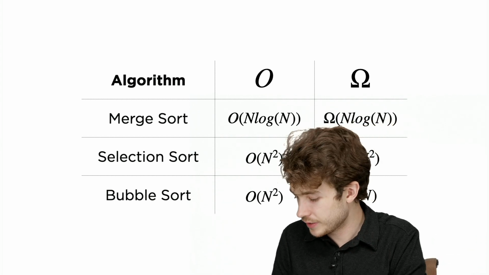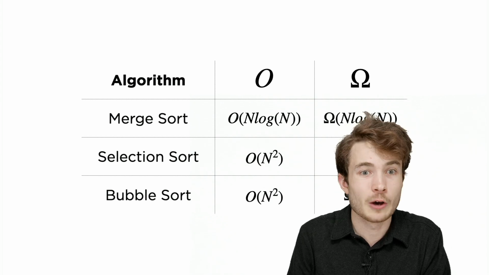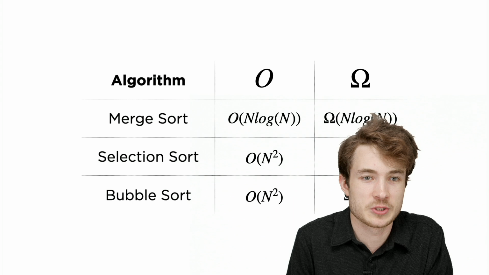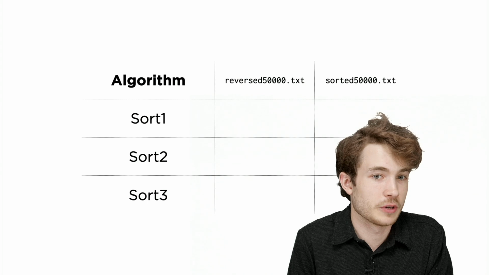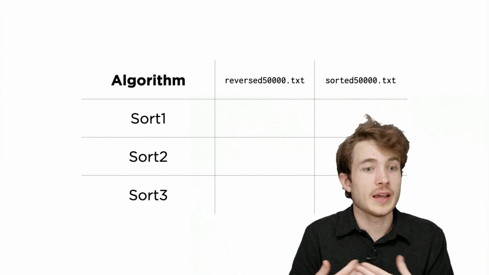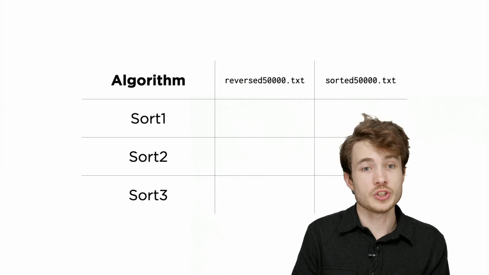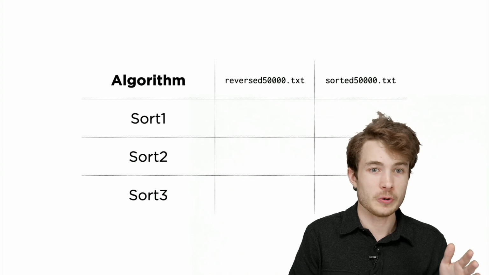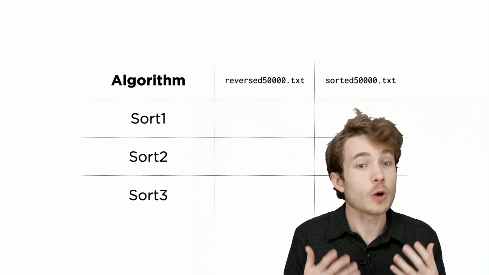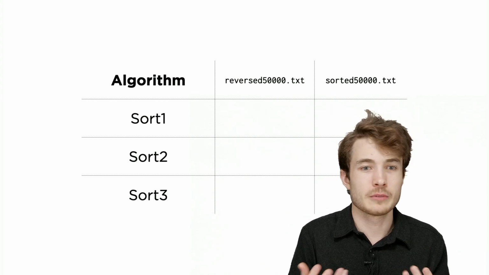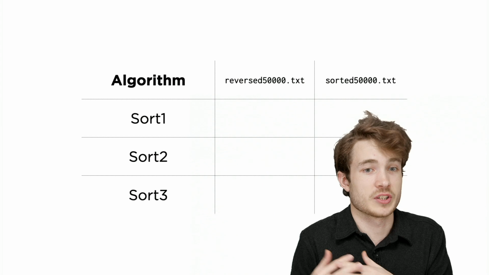So I find it helpful to see these things in a bit of a chart. And the sorting problem asks you to figure out the identities of three mystery sorts. So here, you're given sort 1, sort 2, and sort 3. And your job is to time them and see which algorithm each sort might be using. And one approach here is to think about, like big O and big omega notation, the best and the worst cases. Give them those inputs and see how long it takes them to run, and then compare them. Compare those run times and see which one you think might best characterize the algorithm you are just testing.